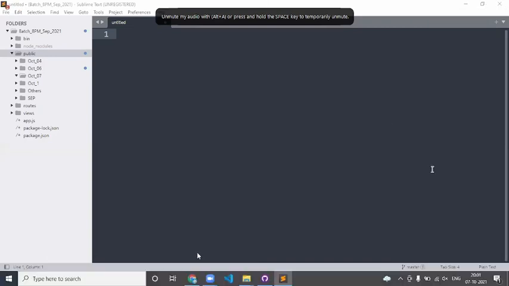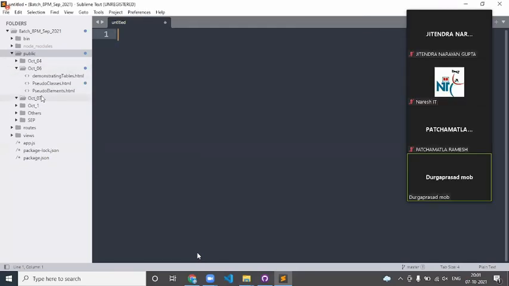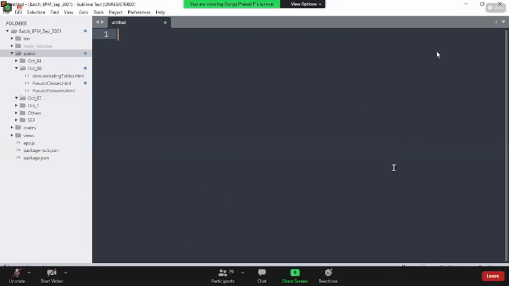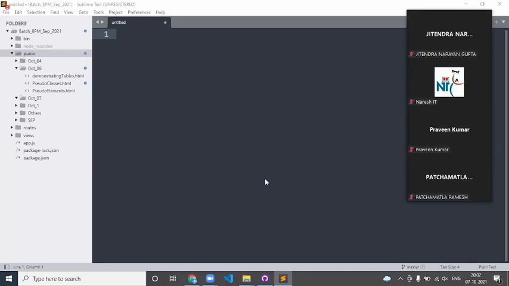I think in the last class we were talking about pseudo classes and pseudo elements, and we talked about tables also, right? So we have seen how we actually render the data row-wise and column-wise using some predefined HTML table tags. And we have also discussed how we increase performance by avoiding tables and using div tags, so you could render the data in the form of a grid.